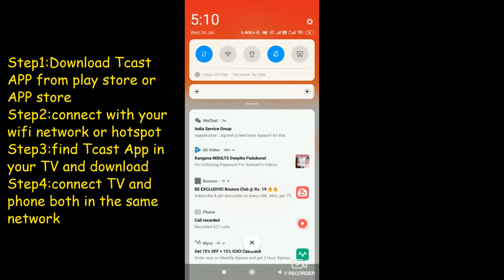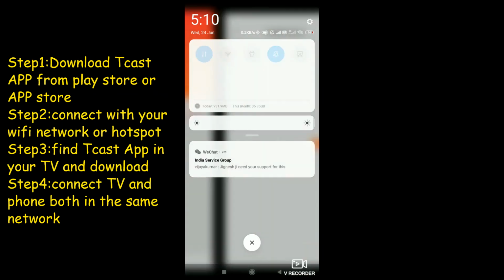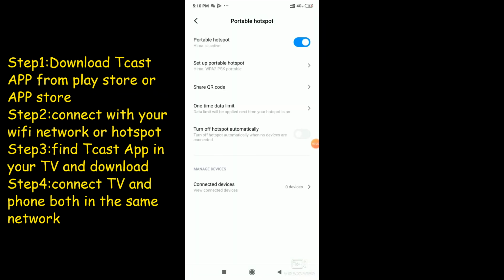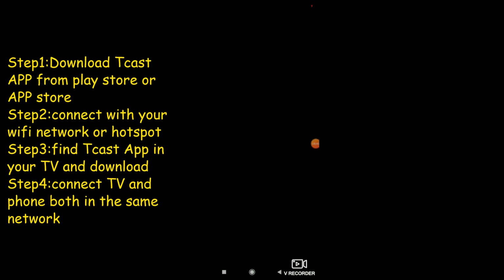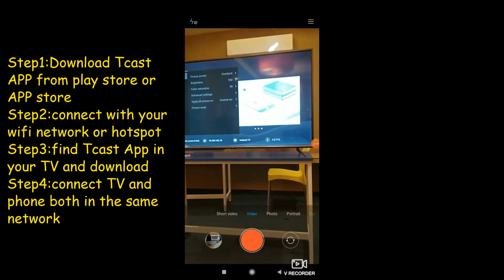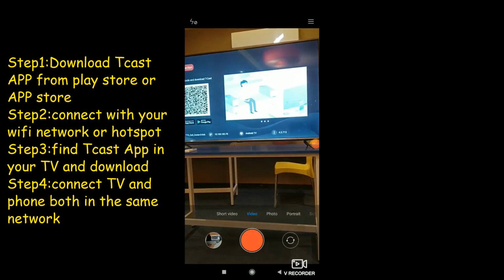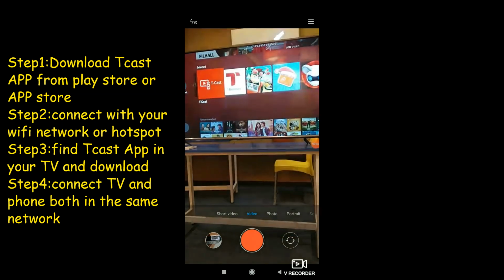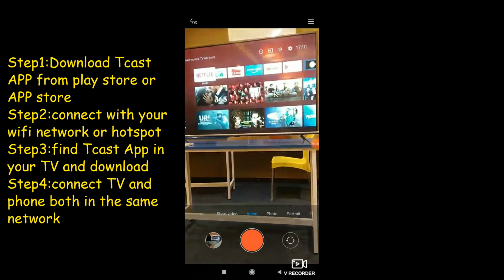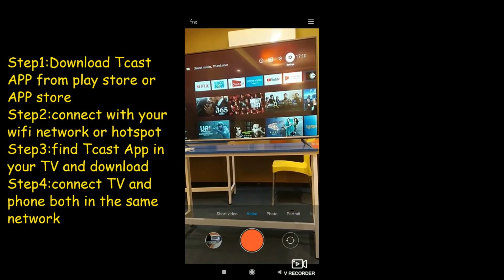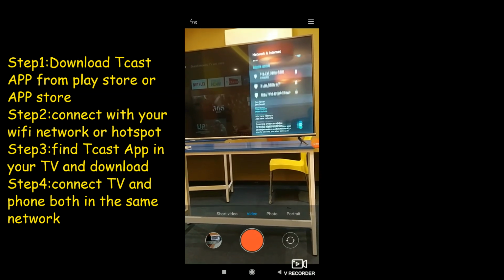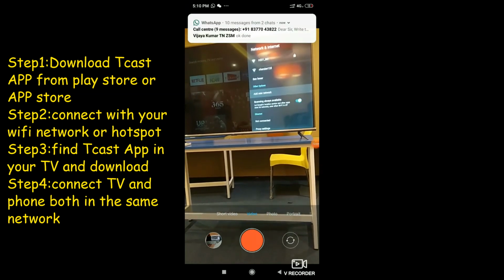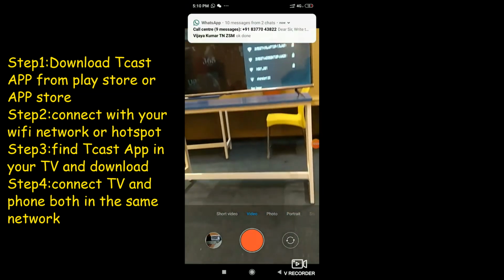Just I'm going to hotspot. I'm clicking here. Then I will connect this same hotspot to the TV. Here you can connect the same hotspot.